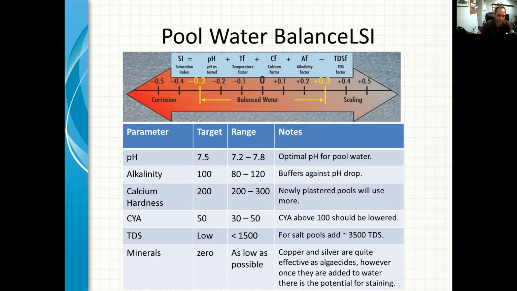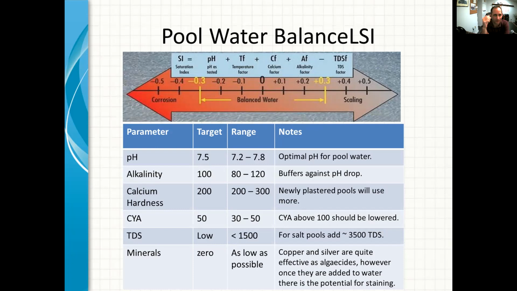So yeah, sometimes that's the best way, just to keep it simple and go for targets: 200 calcium, 100 alkalinity, 7.5 pH, nice and easy. But once in a while, it's good to do the LSI calculation to see where your water really stands on this index. So the way that it works is if you get a value of 0, that means your water is